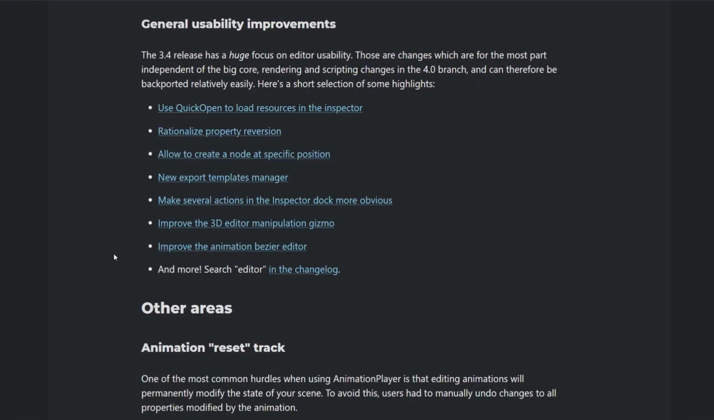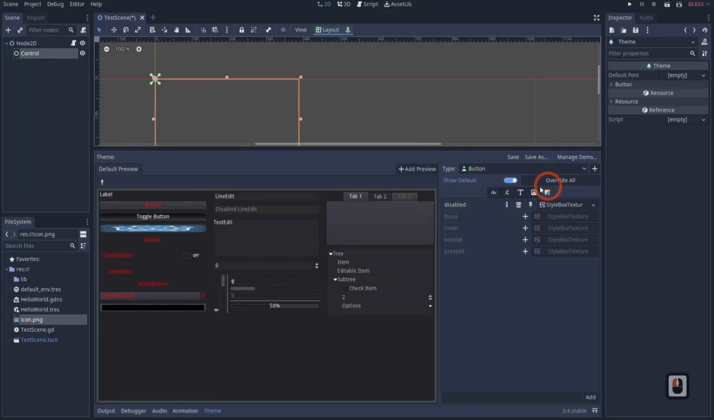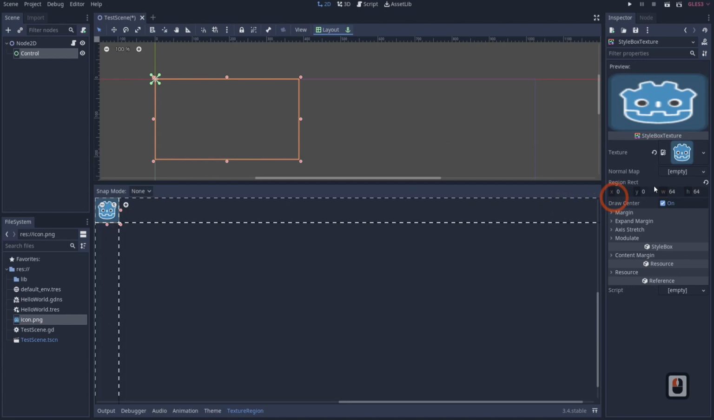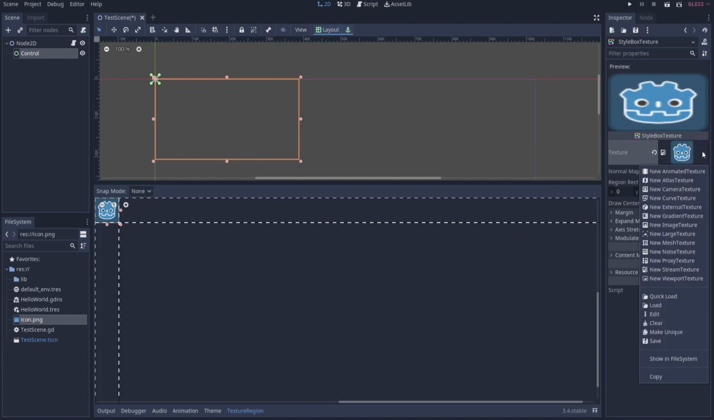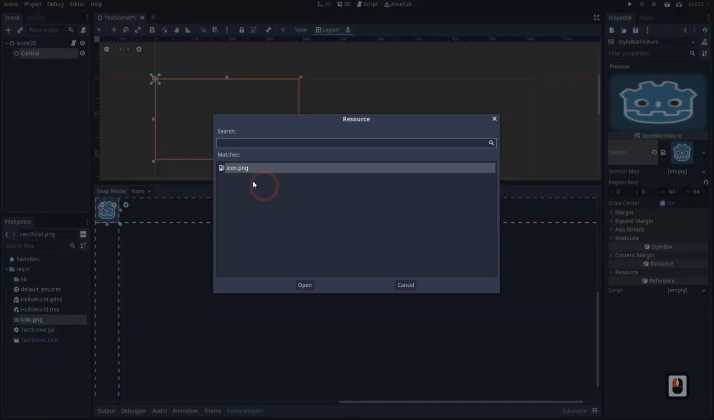Some other general improvements, they added in a quick load option to load resources from the inspector. So this is really cool, actually. If I come over here and I click on my style box texture, I'm going to add in a texture. I can now click quick load right here. If I click on that, it will actually filter out my entire favorite section here to only show the thing that matches the type that